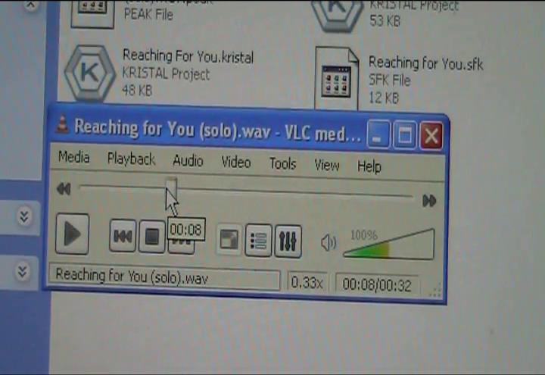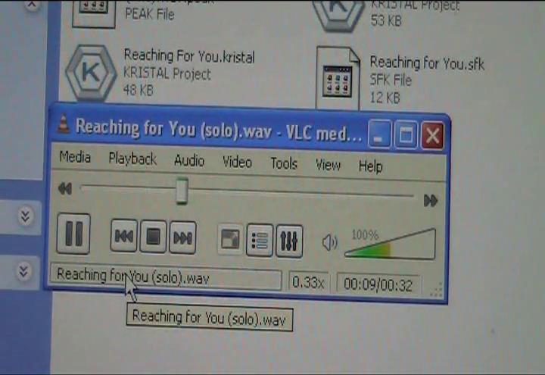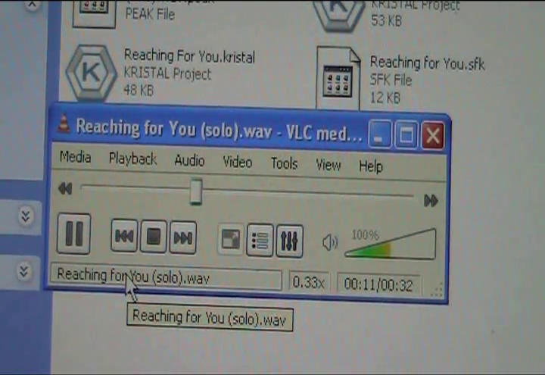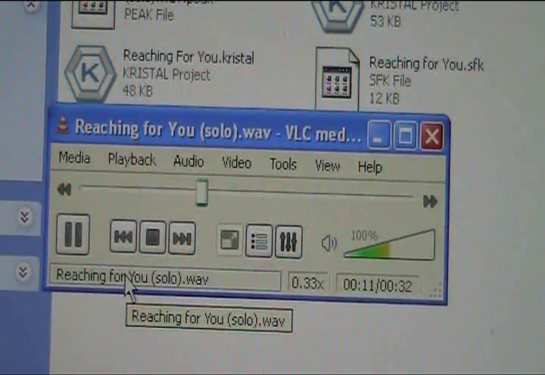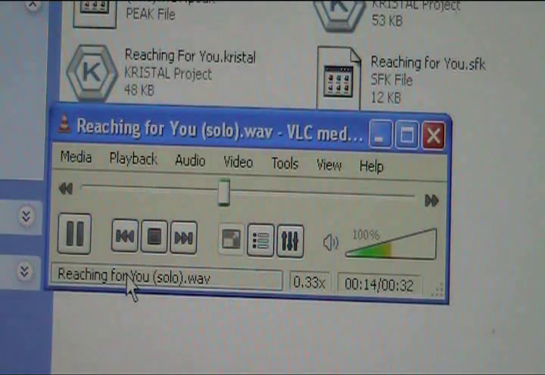Okay, so let's try to count all the way to 16. Here's a little trick. You're not going to be able to count all the way to 16 without messing up from 10 to 16. So I'm going to be counting in groups of 8, so that will be a lot easier to keep track of what's going on. So here we go. 1 2 3 4 5 6 7 8, 1 2 3 4 5 6 7 8, 1 2 3 4 5 6 7 8, 1 2 3 4 5 6